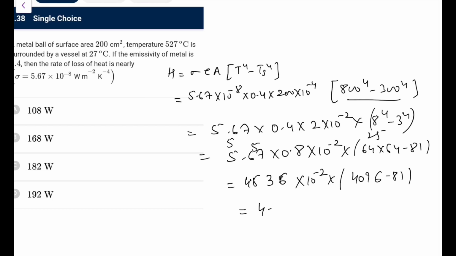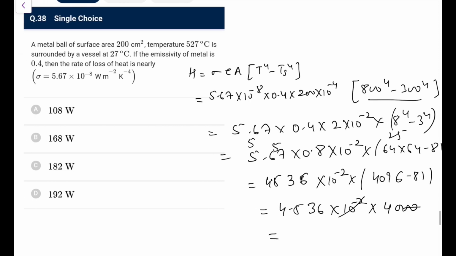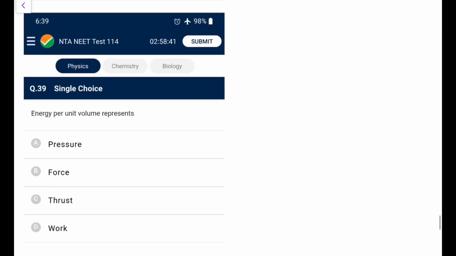So what we have, 4.536 into 10 to the power minus 2, approximately I can take it as 4000. So this 2 will cancel up, so 40 into 4, that would be 160, and it would be 180. Okay, 0.536, we have to be careful. Let me check it. So 40 into 4.536, let me try it. 4 6 are 24, 4 3 are 12, 14, 21, 4 5 is 20, so 181.44, so 182. What would be the most appropriate one? Go for option C here.